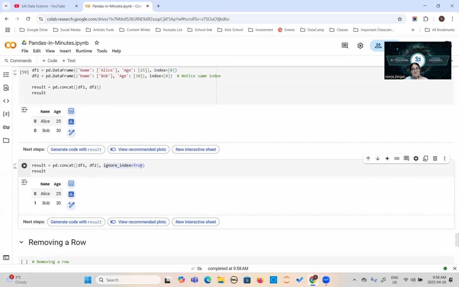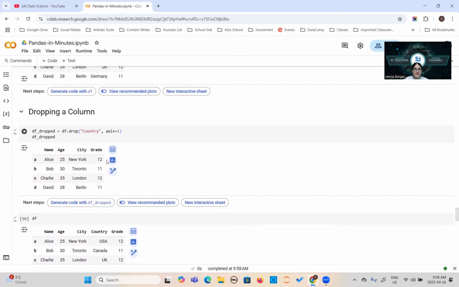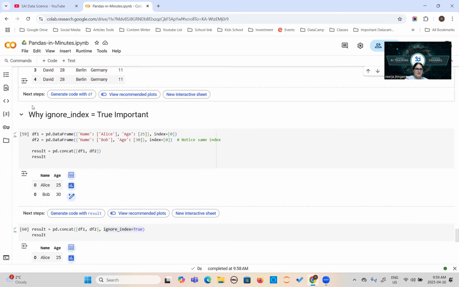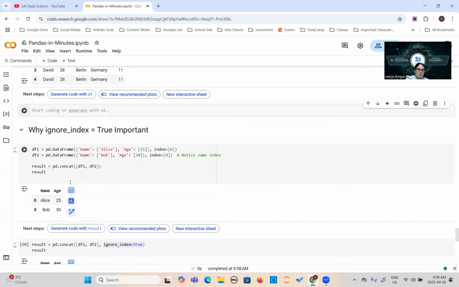So this means when you are adding new rows into the data set and you are not mentioning ignore underscore index is equal to true, it might contain the same index value. Okay, you can do more experiments with this too. If you want, we can do that. I have already shown you the example, but we can try one more example here. So look at this.